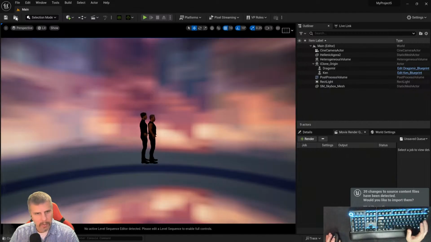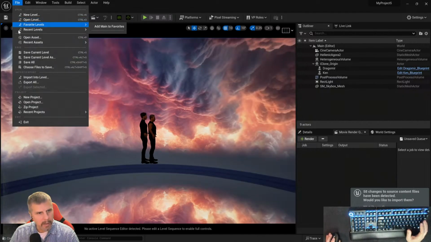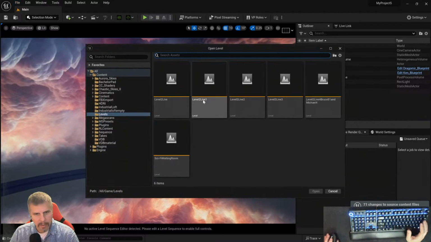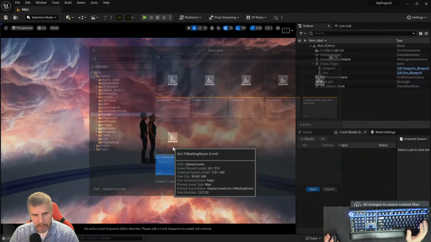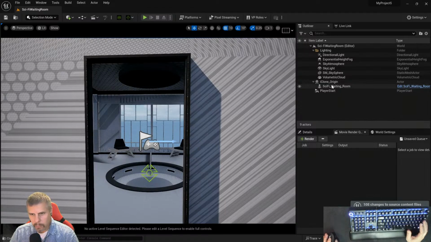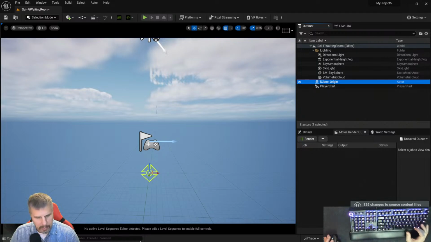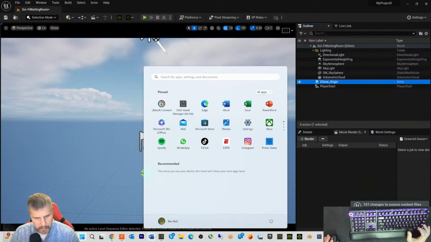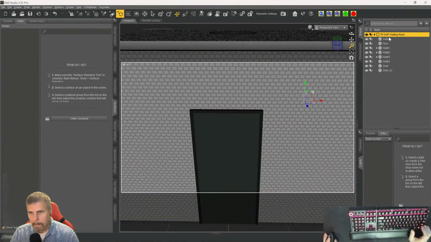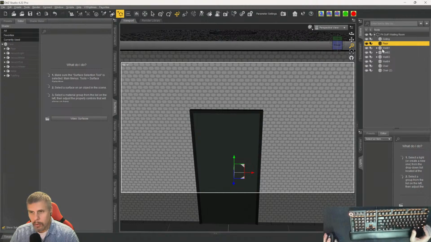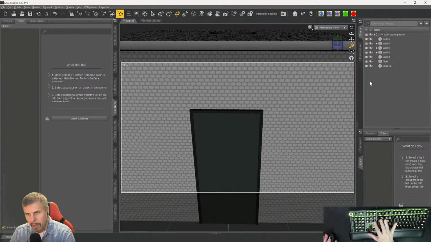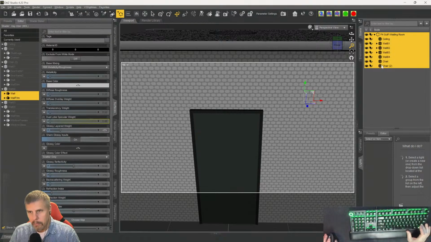Okay, we're back in Unreal. File, open level, sci-fi waiting room. Okay, we're going to delete this. And then we're going to go back in here to Daz. We might as well just not even import the floor, because it's not going to work anyway. All right, so we go now